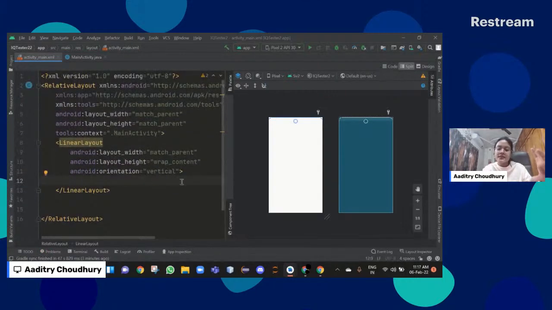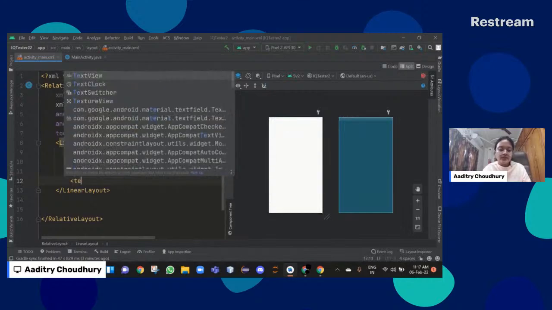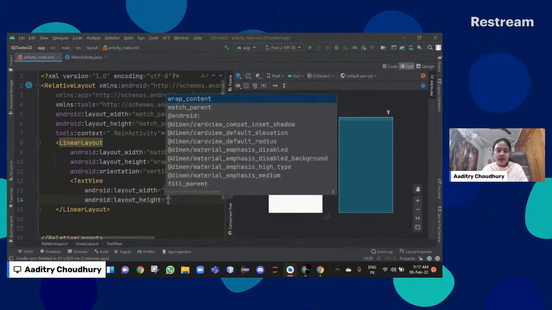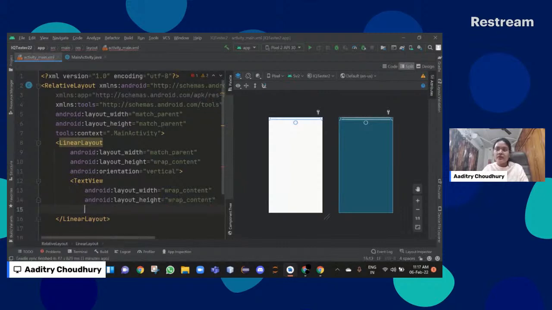So inside this linear layout, we'll be putting three text views. Text views are basically what help us display text. The first one will be for your score, the second one for time left, and the third one will be for question. So open bracket, text view, with width wrap content and height wrap content. And in order to use this UI in our Java activity,